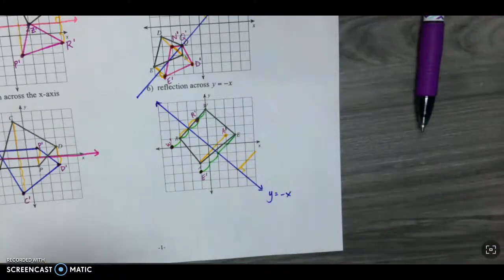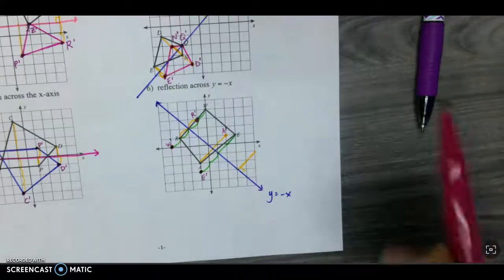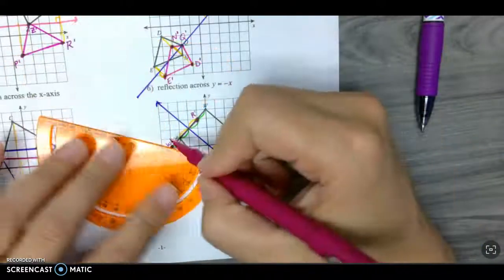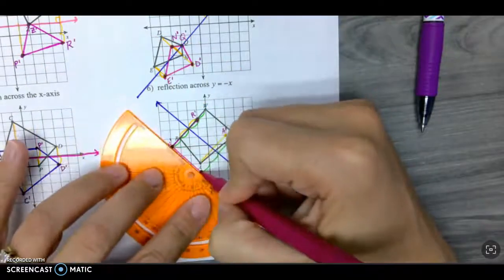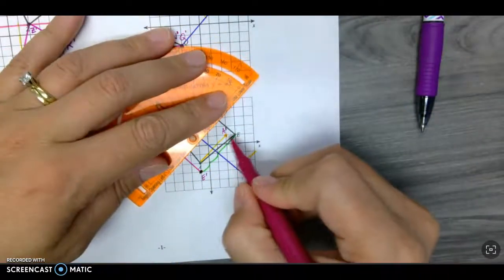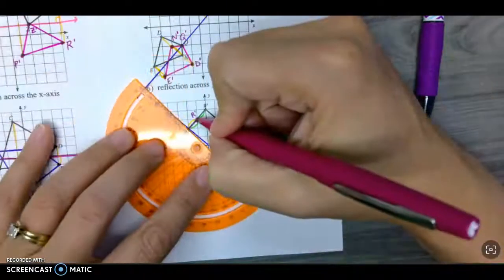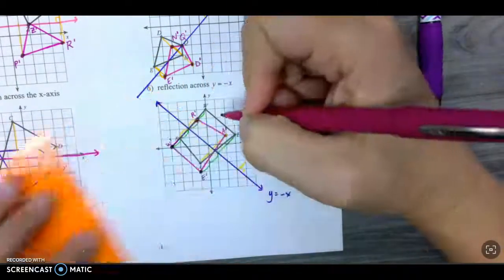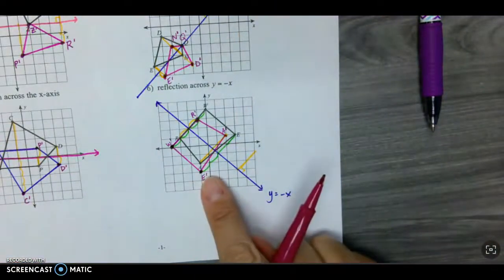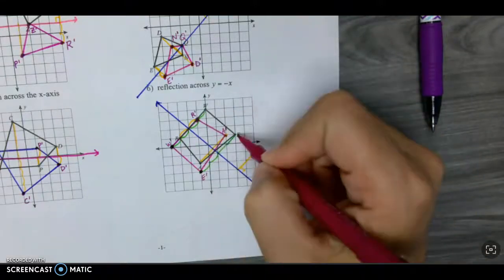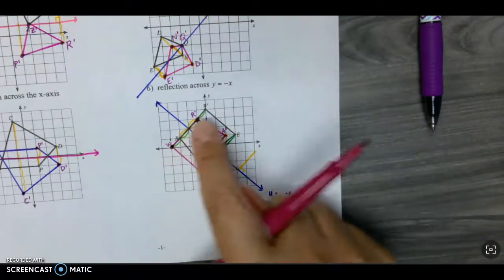And then if I draw the diagram connecting the images, we should have the reflection of WRAE. So WRAE is W prime, R prime, A prime,